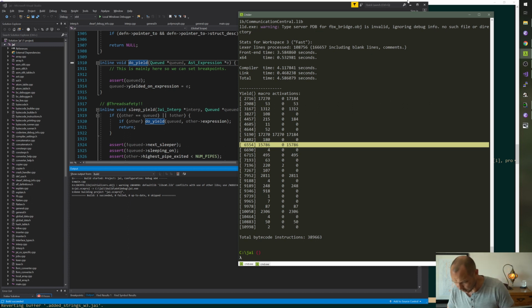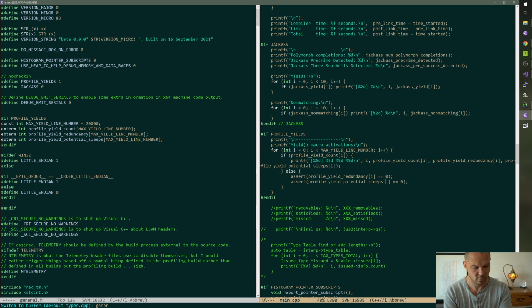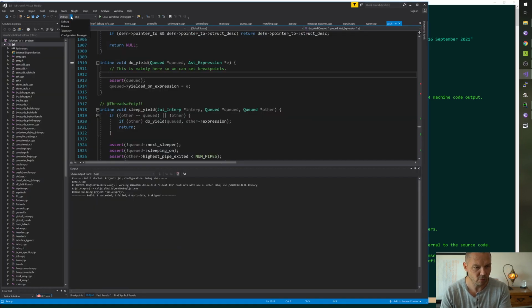So I think we're going to try sleeping some things. I don't really know if this is going to affect. Let's just take some quick perf scores, right? And we'll see if they go up like at all, right? So we're going to turn this off because that'll affect our perf.